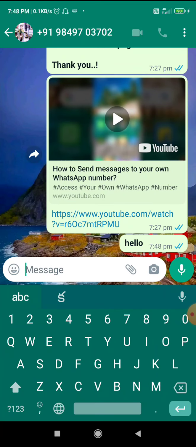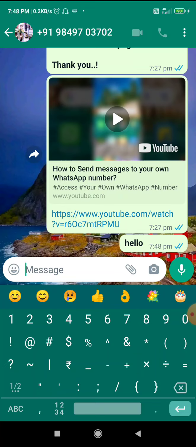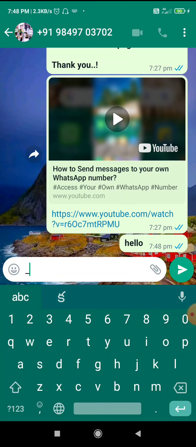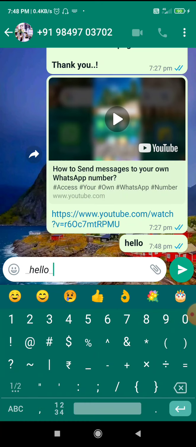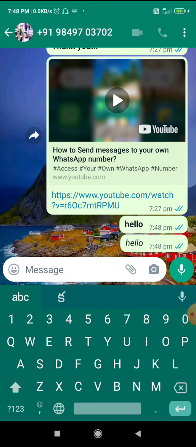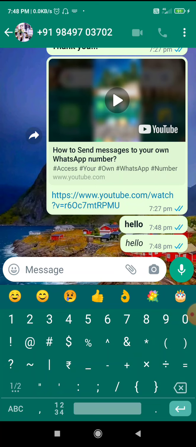If you want to send slanting text, you can use underscore, and type the text in between the underscores, as you can see here. And if you want to send strike through text, you can use a symbol which is visible on the screen.